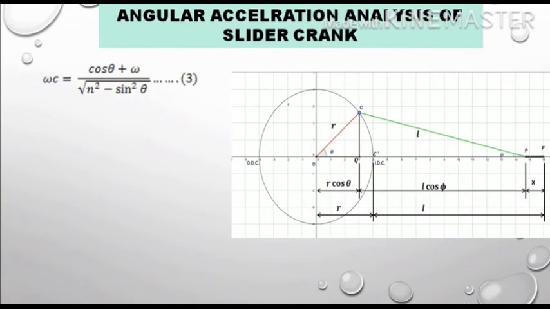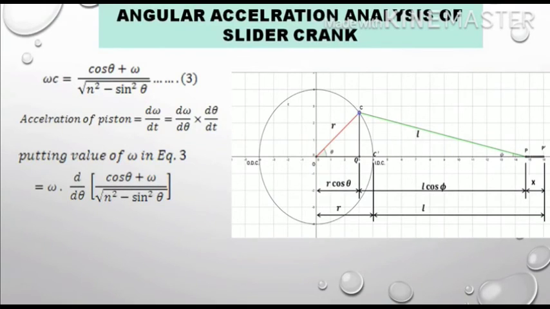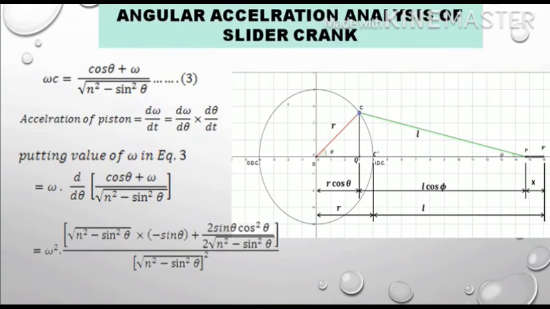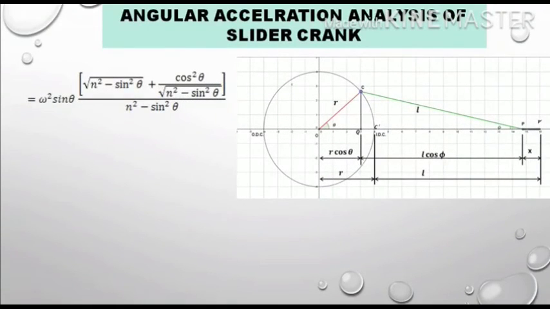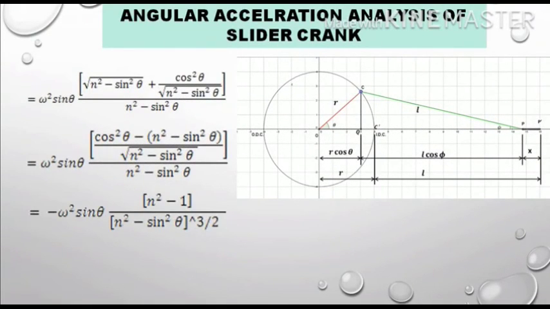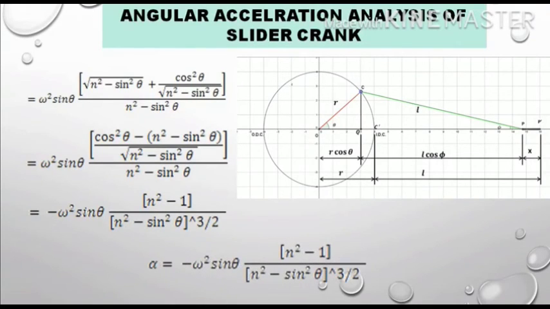Then we have to take the derivative of this. By using the chain rule, we can take the derivative of this, and in the first step we use the quotient rule. Quotient rule is: denominator function as it is times derivative of numerator function, minus numerator function as it is times derivative of denominator function, divided by square of denominator function. So this is simple calculation. By simplifying this and this one, at the end we get the final answer.